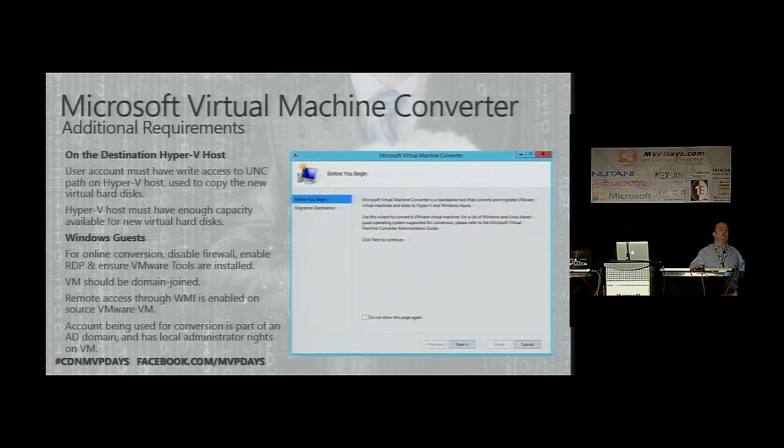You don't need to. If you want to migrate this to production, and you have an external team to do it, you don't need to give them local admin of your Hyper-V server. The only thing you need is that the account must have write access to the path of the